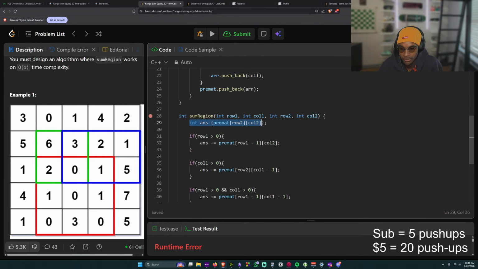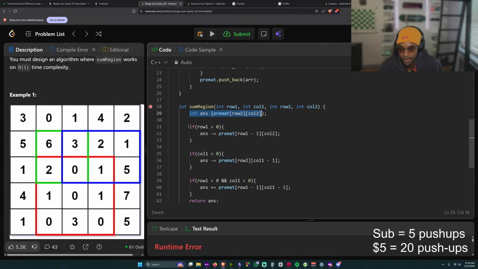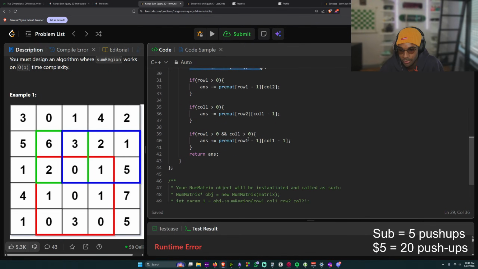Ans is the big square. If row 1 is greater than 0, then we know that we need to delete some stuff. So we go ans minus premat of row minus 1.